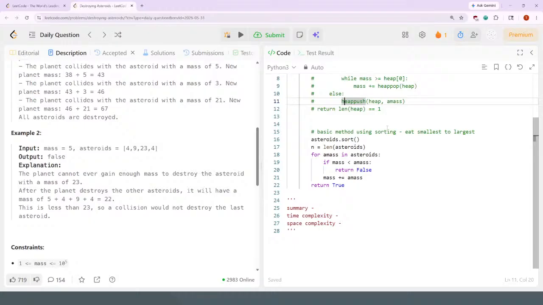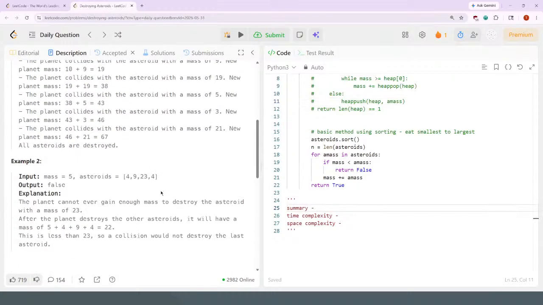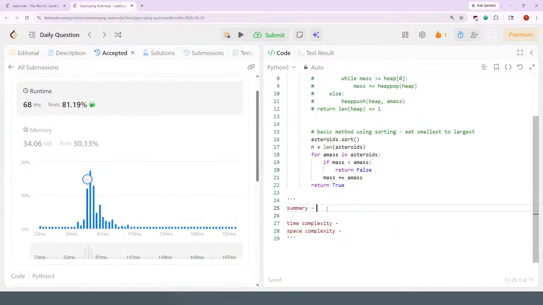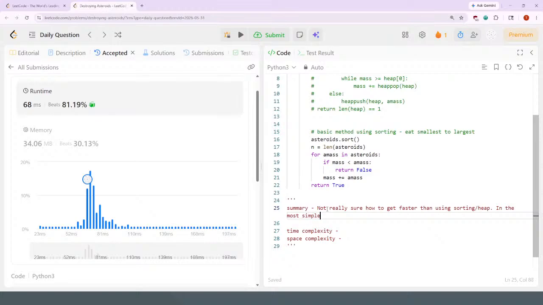Alright, anyways, I'm done. So, not really sure how to get faster than using sorting or heap. The simplest answer method is to use sorting, since if the planet is eating the smallest to largest asteroid, that is the easiest way to accomplish